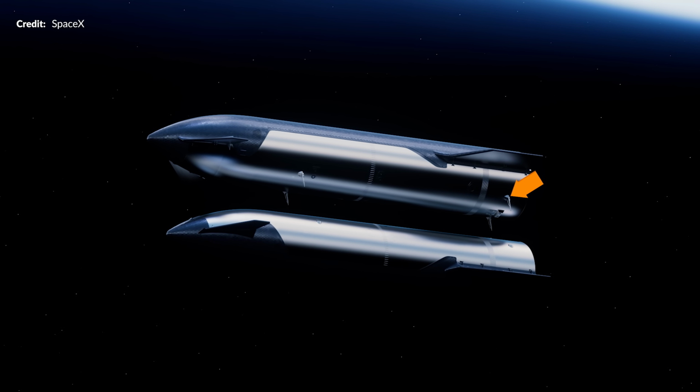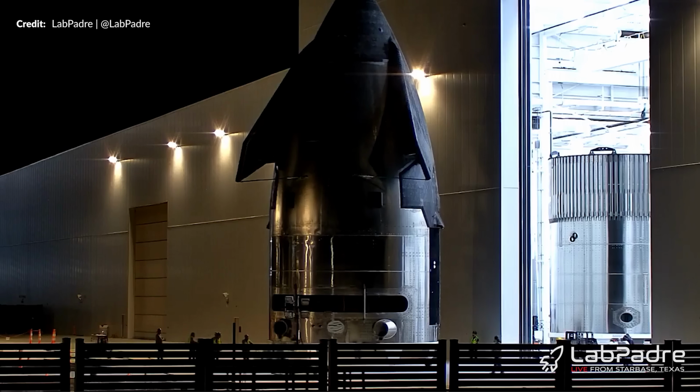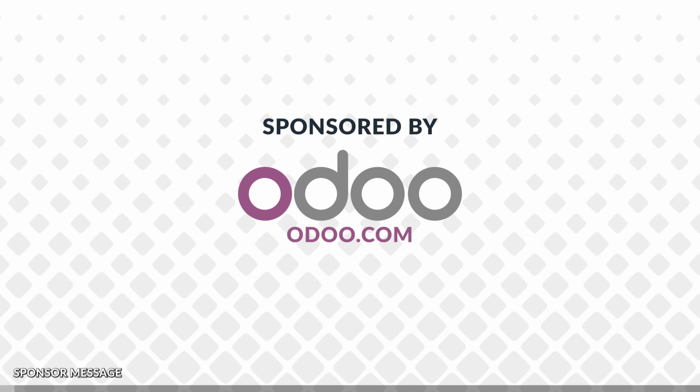These at the base of the ship, and as we can see on Ship 39 here, another two there on the payload bay barrel. There are many more interesting changes to talk about here, but first, a massive thank you